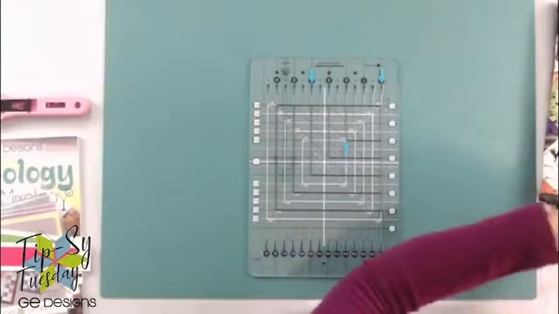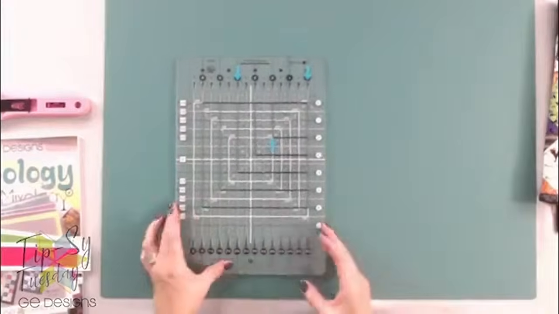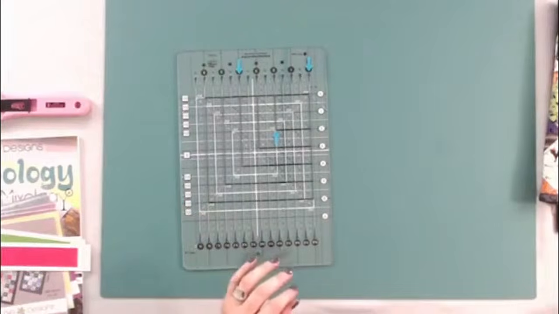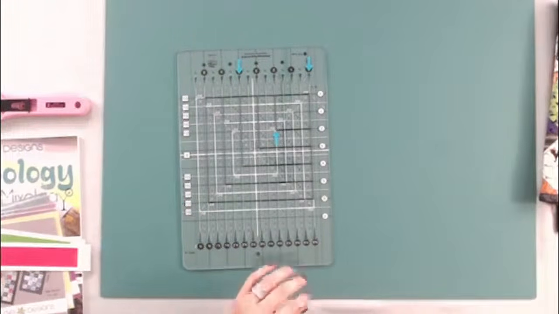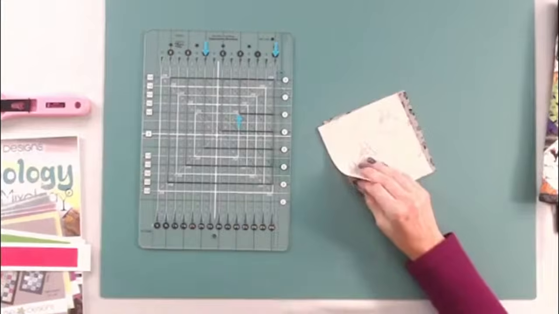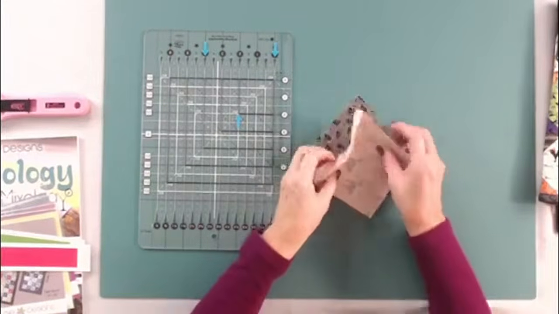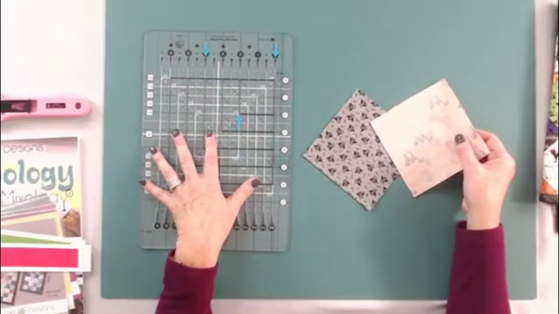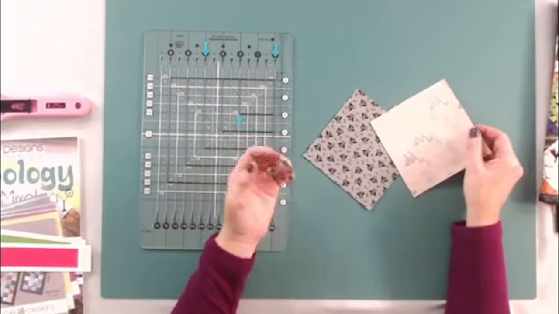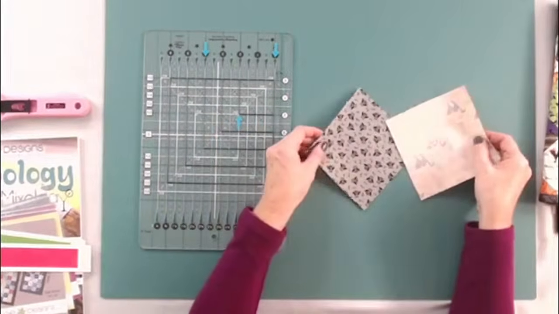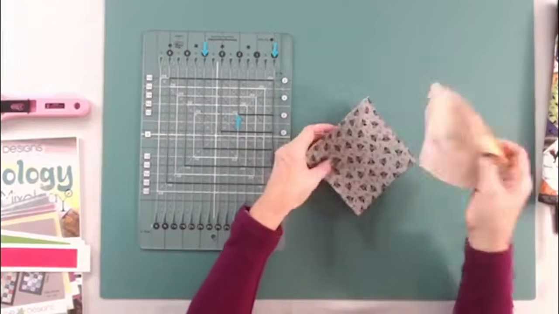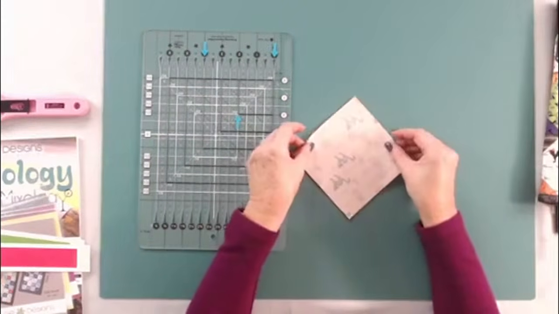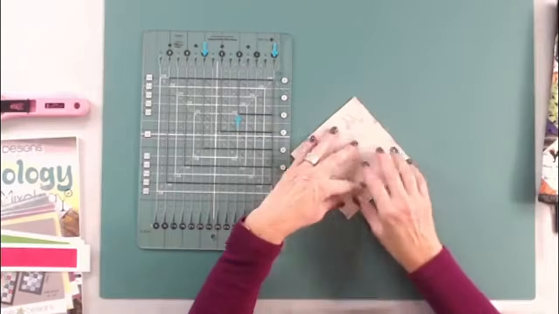So I'm going to show you what I'm talking about. Let's switch to the above camera. When I'm working with 5-inch squares, I'm just going to give you an example. This of course works for whatever size square you're working on. And of course we're going to use the mini ruler for the smaller sizes. If you're working with bigger sizes, you would use the regular Stripology squared. But let's say I'm going to make some half square triangles. So I'm going to take 2 squares and layer them right sides together.